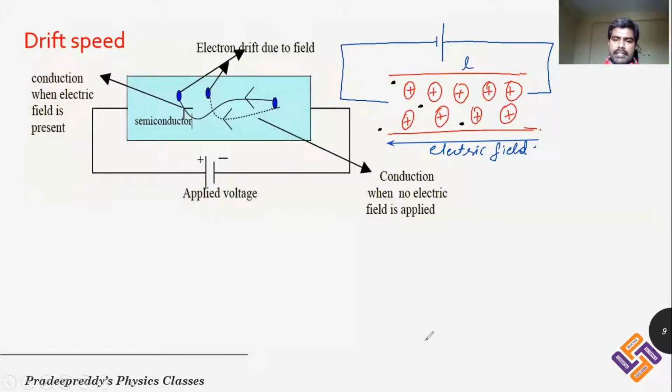Now, because of this electric field, what would happen to this electron? Electron is forced to move in a specific direction. Okay. Now, when this electron is in motion, it comes and hits this ion. Similarly, this electron comes and hits the ion. Another electron comes and hits the ion. One more electron comes and hits the ions. Ion size is very large compared to the electron size. As a result, when the electron immediately hits the ion, it loses its energy. So the electron loses energy.